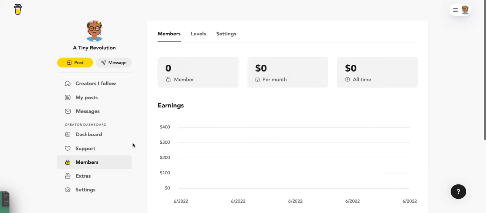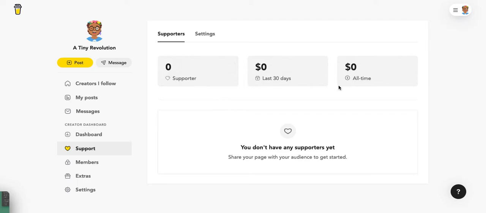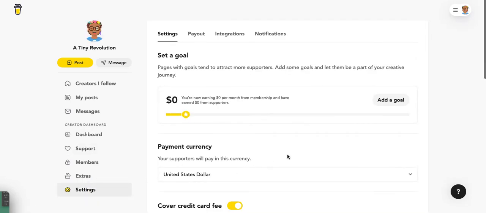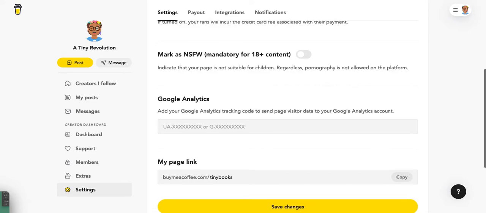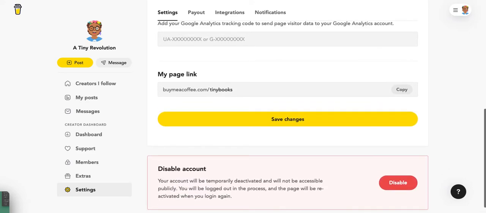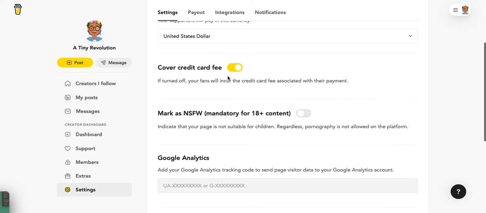I have no members. Here's the support page. I have no supporters. Here are the settings where you can set up your payouts, your integrations with Zapier and things like that, your notifications. You can even cover the card fee for your fans or your members, so that I mean, there's just so many cool things that you can do